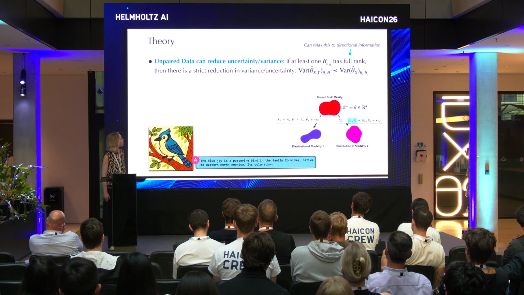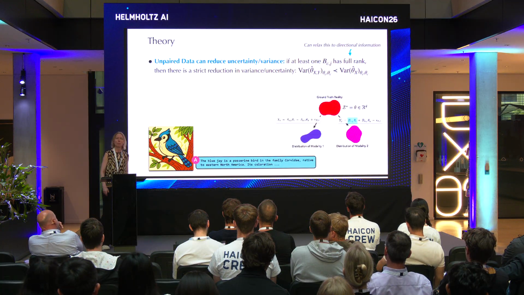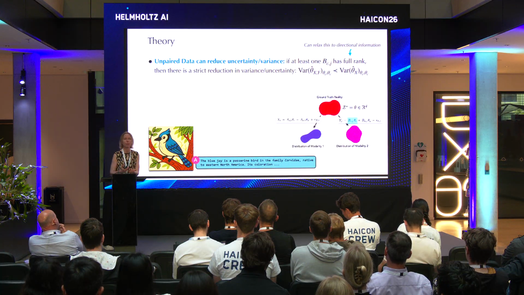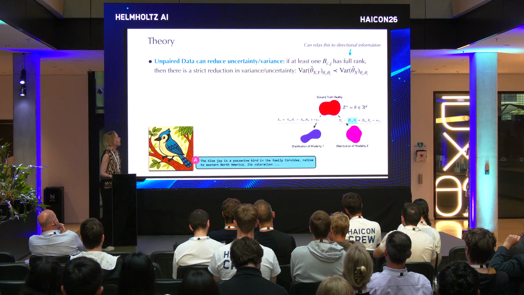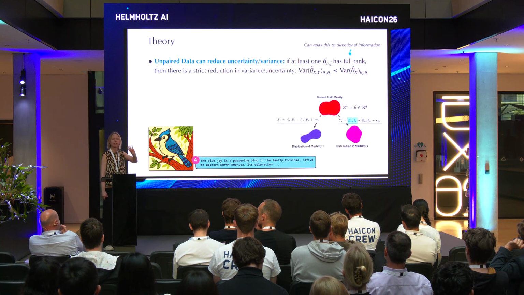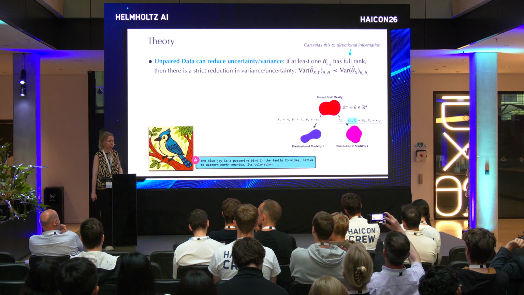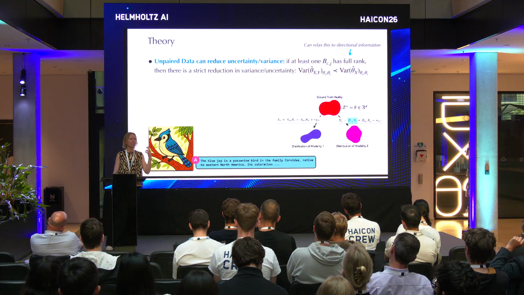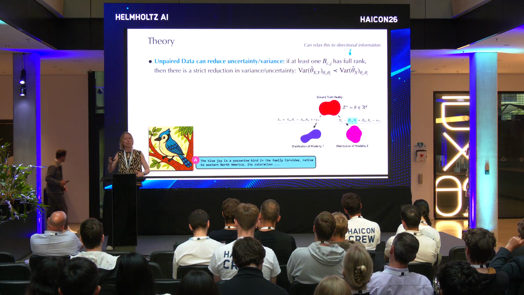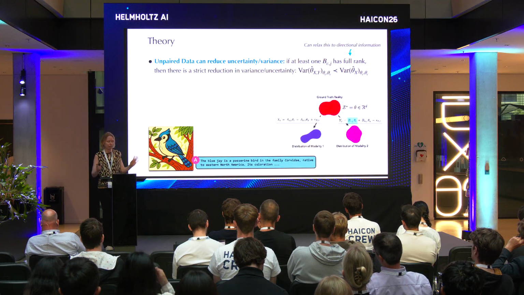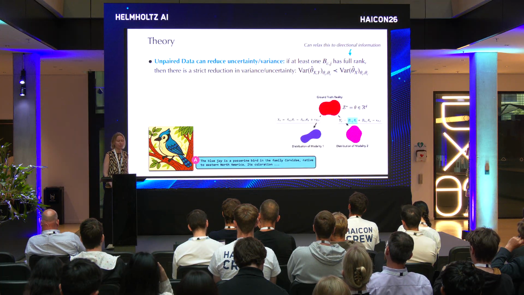So you can prove this. I don't want to go into the details of the formality, but reduction in variance in the estimator means you're more certain about your estimation. Here it says basically the measurement has to be full rank. You can say there are certain directions where maybe my images, or one modality, doesn't give you a lot of information. It doesn't measure them very well, but the other modality can help you fill the gap. That's the main idea, and then you can formalize it.